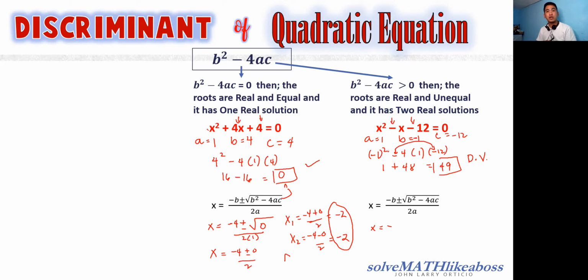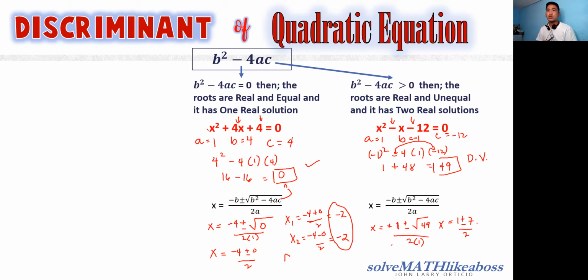By the way, negative 1 squared is 1 din naman. So, pagdating dito, so magiging positive 1 na siya. Plus or minus square root of 49 all over 2 times 1. So, this will become x is equal to 1 plus or minus 7 because square root of 49 is 7